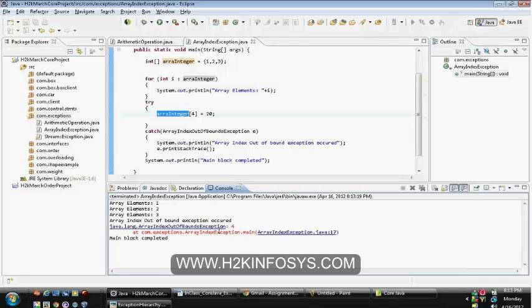Multiple catch clauses. The try catch block can be nested. In the sense, let us say here you are handling array index out of bound exception, and once after that, let us say you are trying to access the element 2. This is valid, but still you are making sure whether you are going to get array index out of bound or not. Once after that, you want to perform some kind of division operation, int d equal to